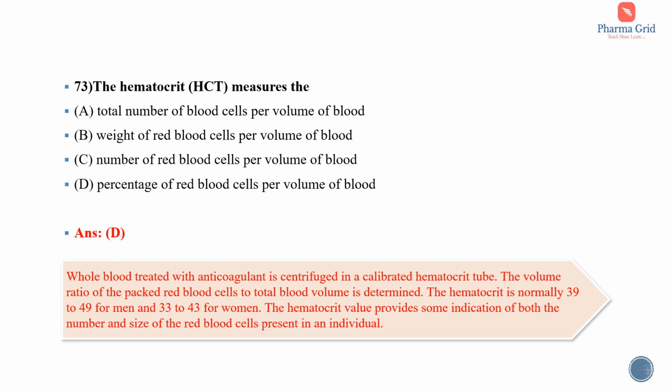of blood. So the whole blood treated with anticoagulant is centrifuged in a calibrated hematocrit tube. The volume ratio of the packed red blood cells to total blood volume is determined. The hematocrit is normally 39 to 49 for men and 33 to 43 for women. The hematocrit value provides some indication of both the number and size of the red blood cells present in an